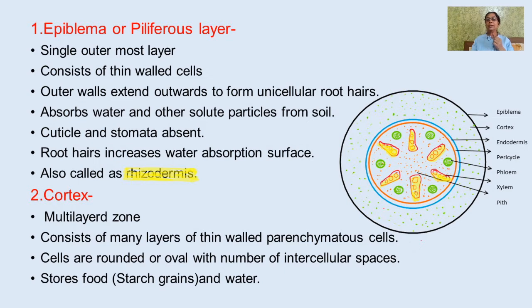These thin walled cells are the parenchymatous cells, which are simple tissues. These cells also have a number of intercellular spaces. And what is the function of the cortical region? The cortical region has the function to store food material. So next one,